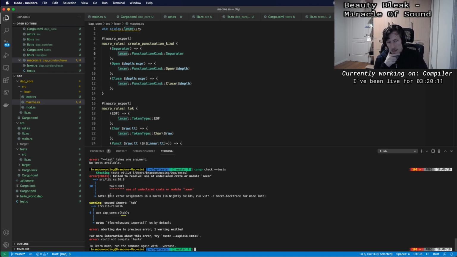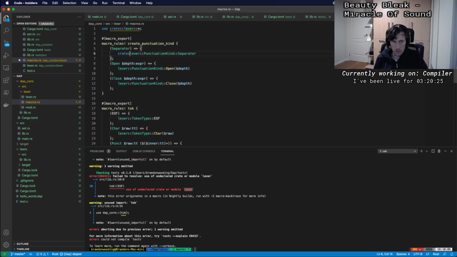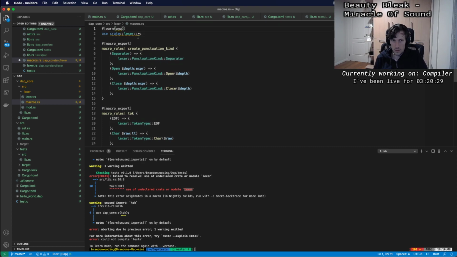So the problem here is that it says this originates in a macro, right? Which means the error is actually originating here. It's just not telling me that, which is lovely. And it says, hey, you're trying to access Lexer, but you don't have access to that. So really, these should be crate::Lexer and so on, right? So the easiest way of doing it is probably to say